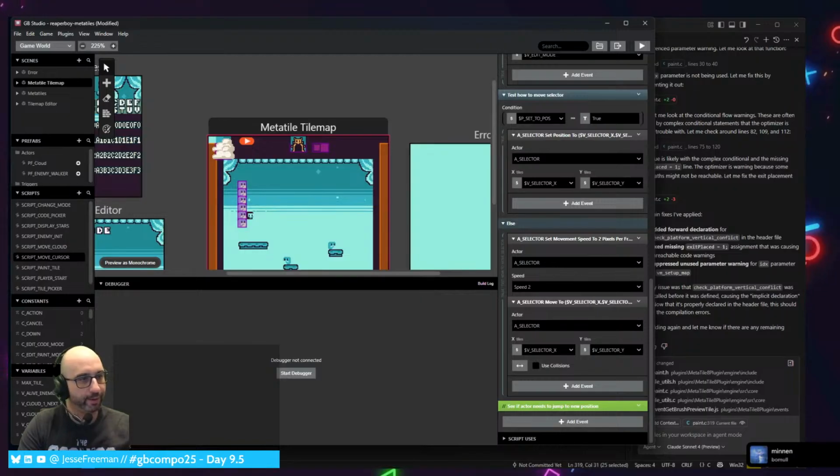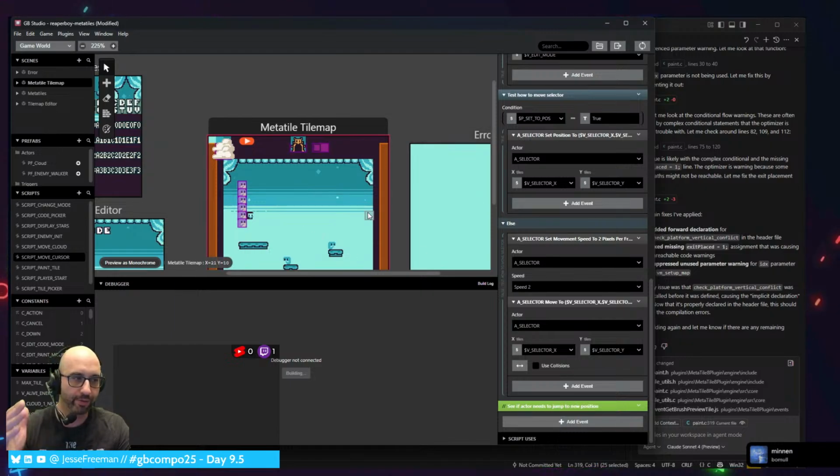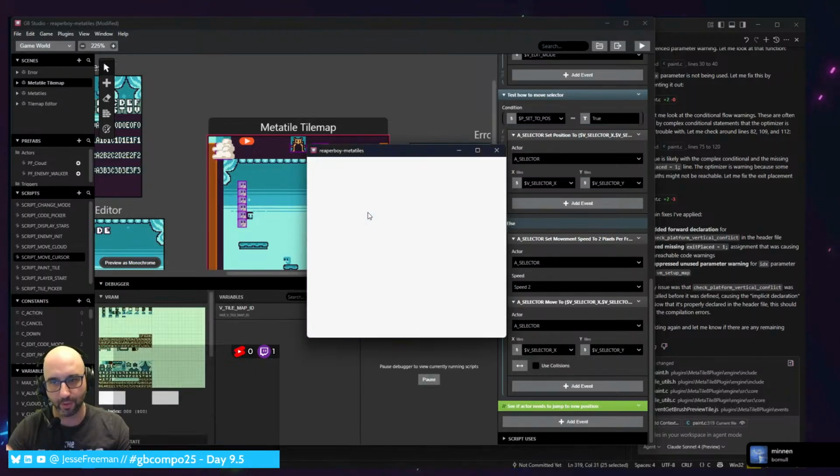All right, I am back. So, where we left off was that I want to redo the input for the tile map editor. And the issues I was running into is I had all these different modes early on, and I want to simplify this. So I think what I'm going to do right now is just strip this down so when you go into the tile map editor,